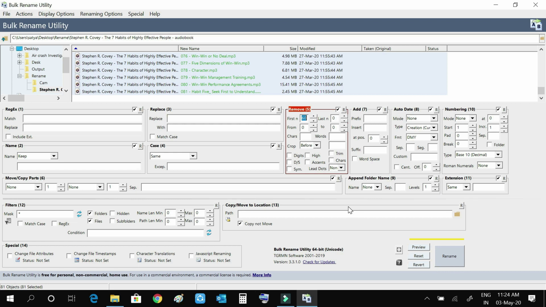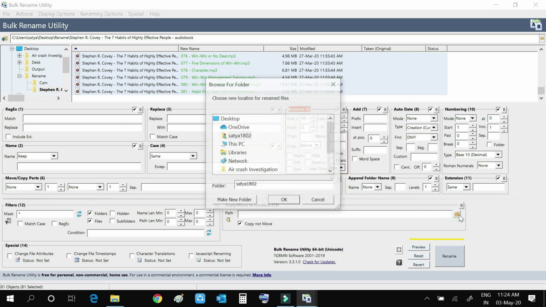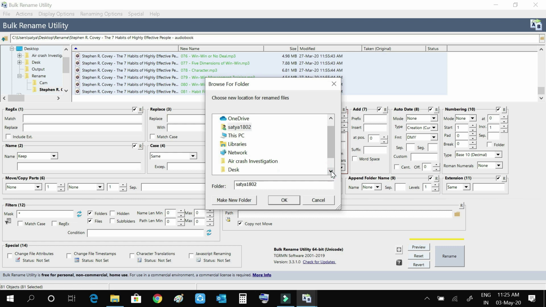Make sure that you select copy or move to a location, a different folder, or else the existing files will get renamed, and if you want to redo it or get back to the original name, it won't work. So better do it in another folder, and once you are confirmed that your function is fulfilled, you may delete the earlier folder.